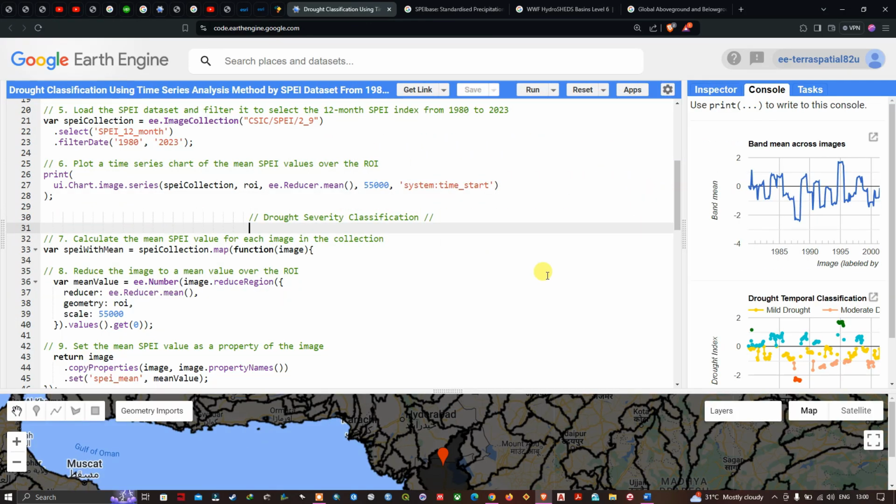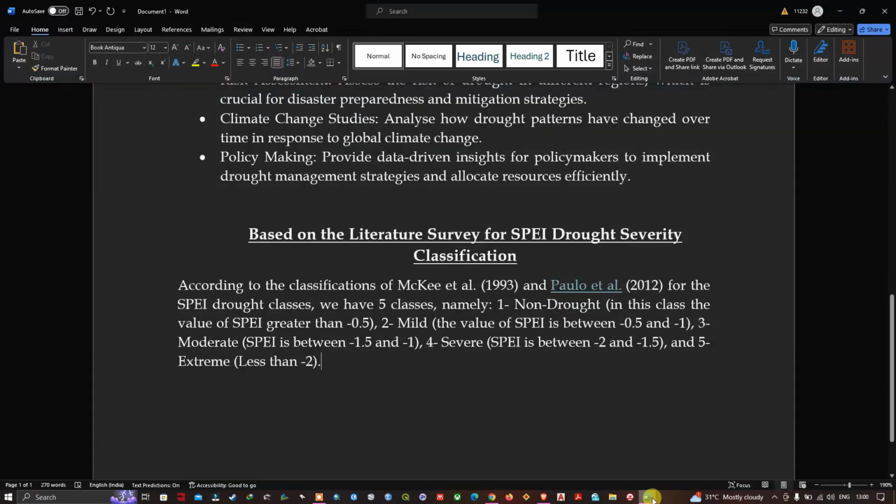Now next we're going to focus on the drought severity classification. Using our SPEI value, we're going to classify the drought condition into different drought classifications. There are many classifications given in the variety of literature. Based on the literature survey for this SPEI drought severity classification, according to the classification of McKee et al. 1993 and Paulo et al. 2012,